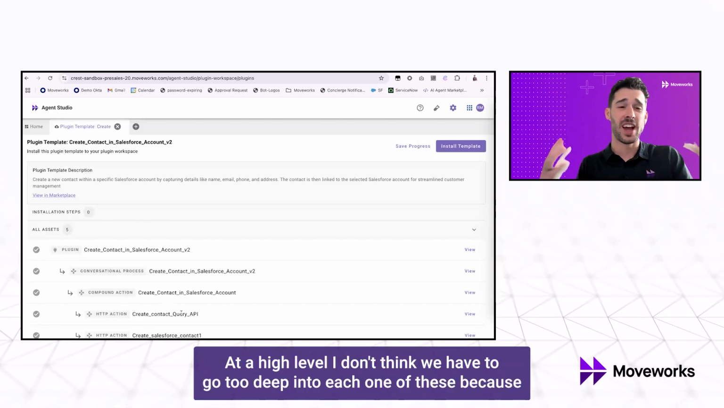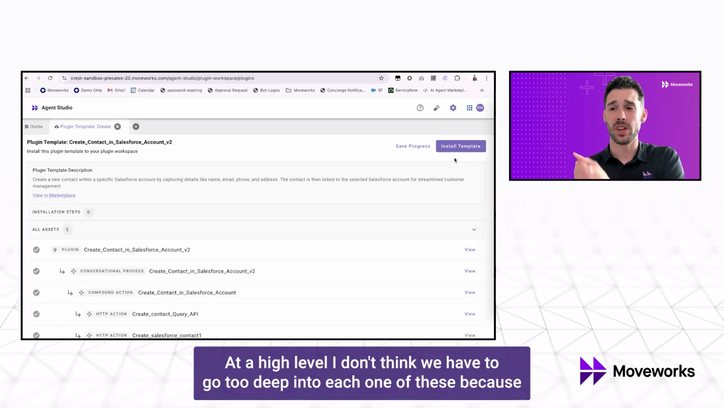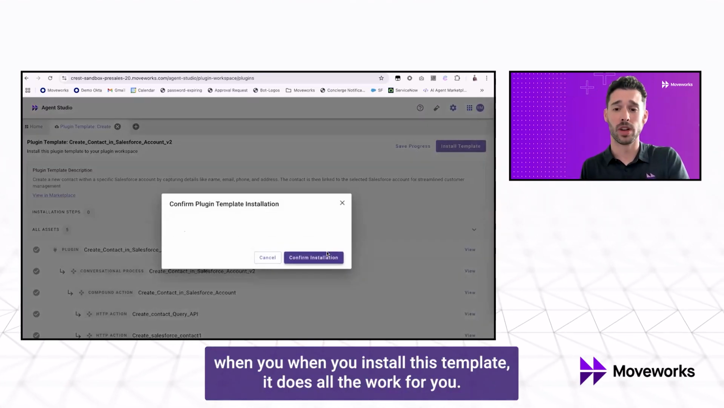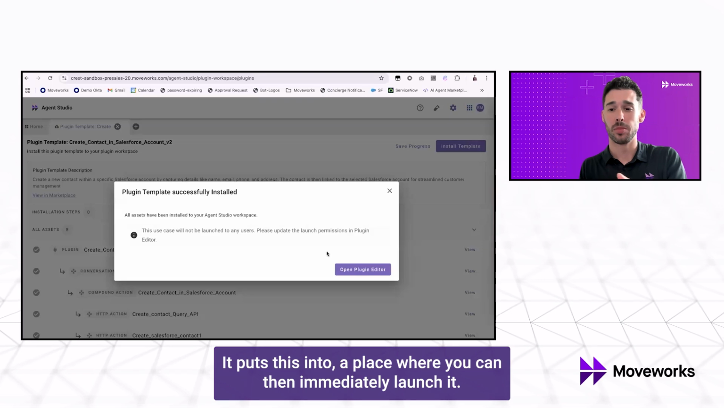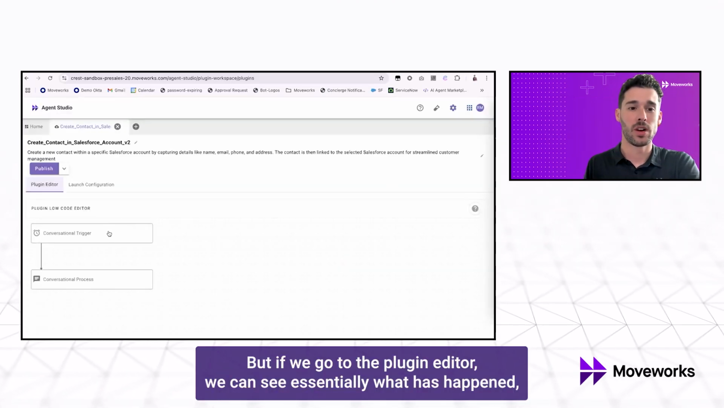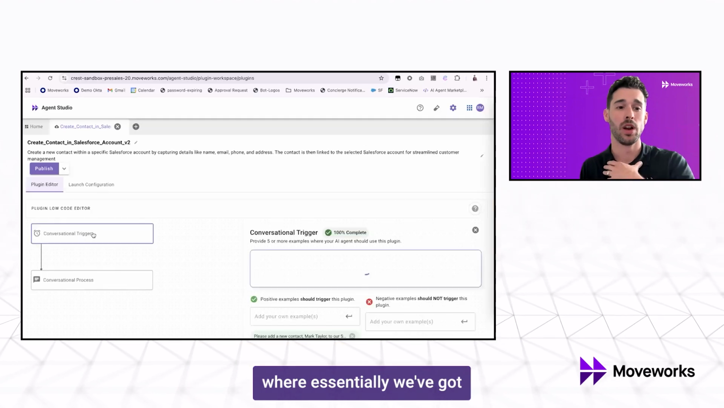second. At a high level, I don't think we have to go too deep into each one of these, because when you install this template, it does all the work for you. It puts this into a place where you can then immediately launch it. But if we go to the plugin editor, we can see essentially what has happened, where essentially we've got a